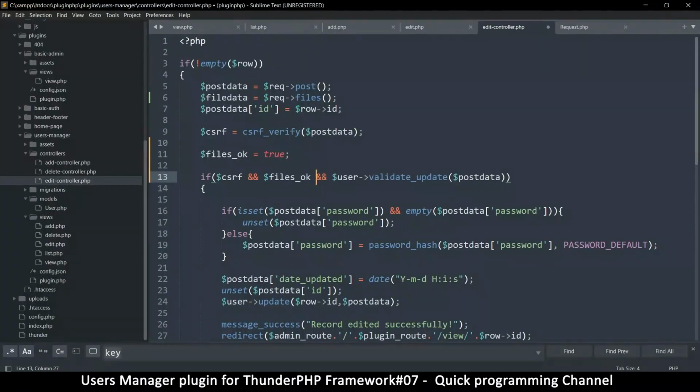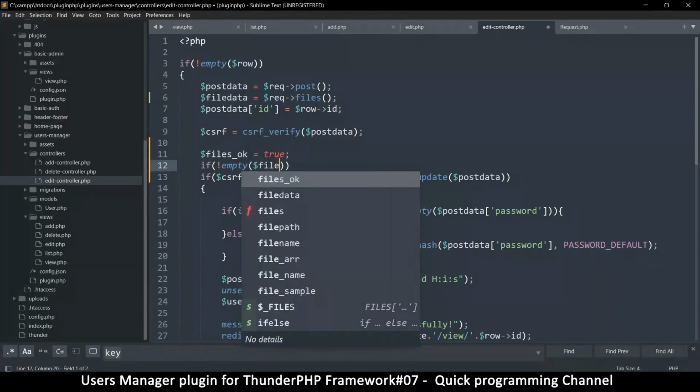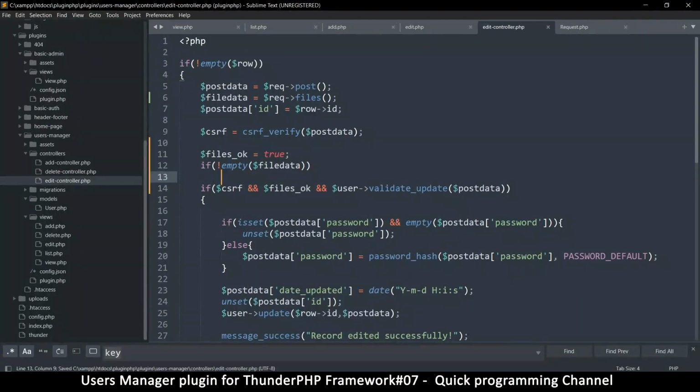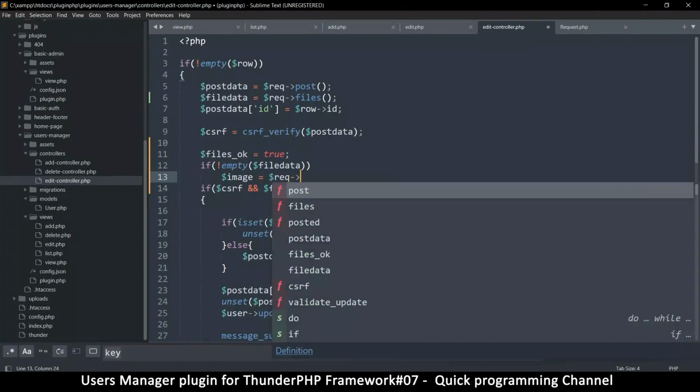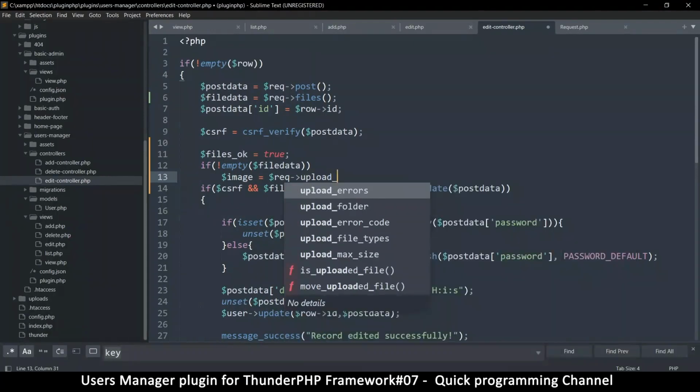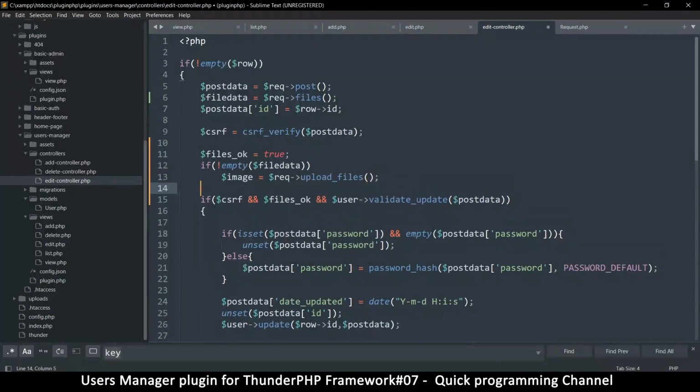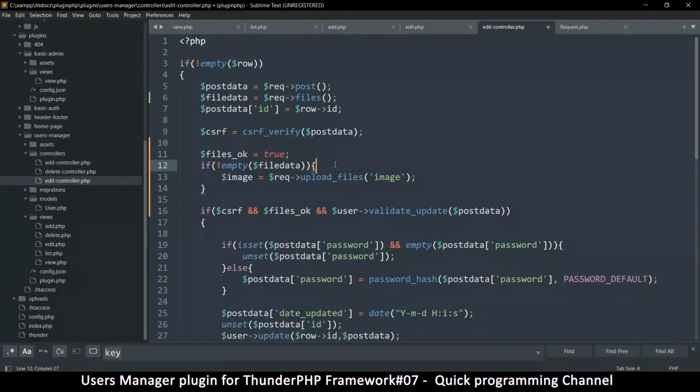Okay. Oh, sorry. Okay, so we start with true because even when there's no file, we should allow this to happen. But then we're going to say if not empty, files data, file data, and then here we're going to say file or image request upload files, and the key of the file is just one file I want to upload, is just image, like that. Okay, now if nothing happens here, or this is empty,